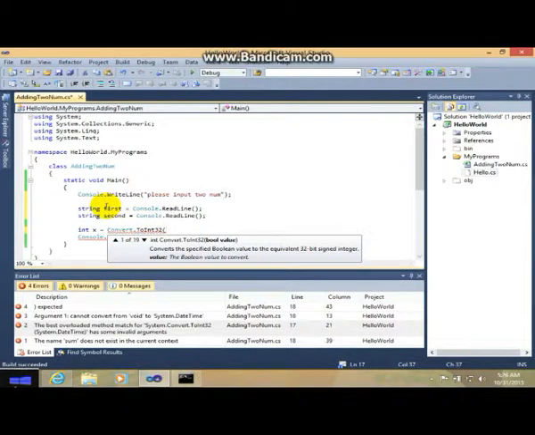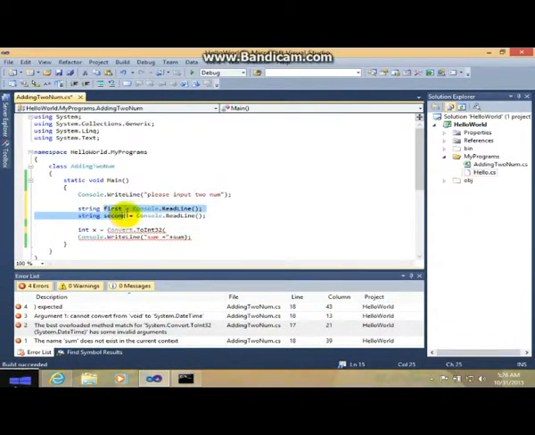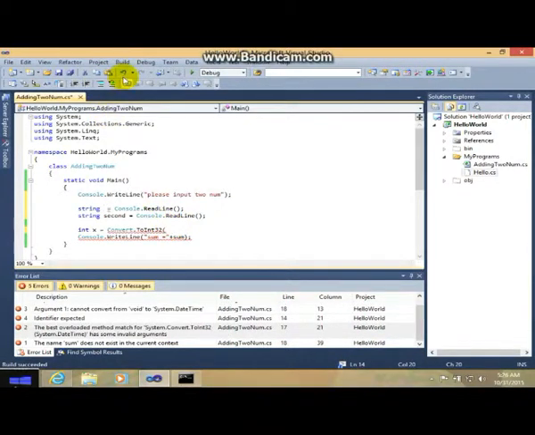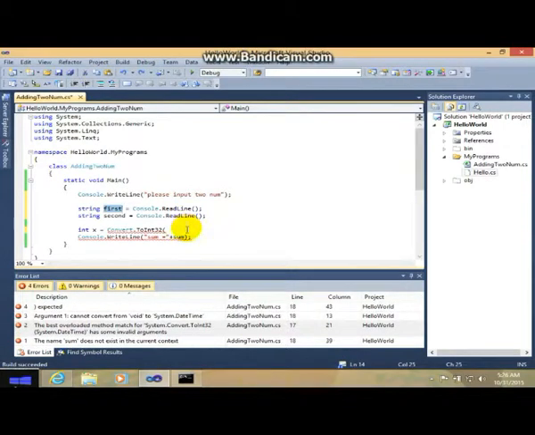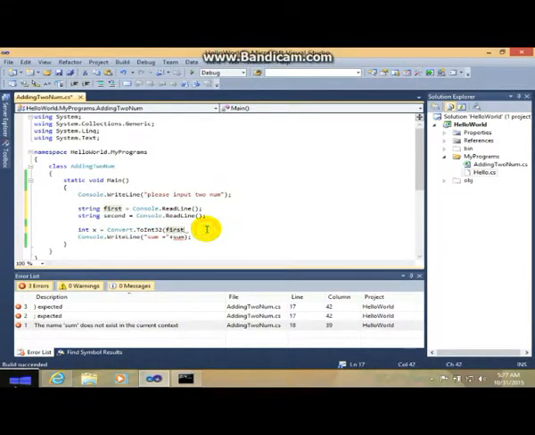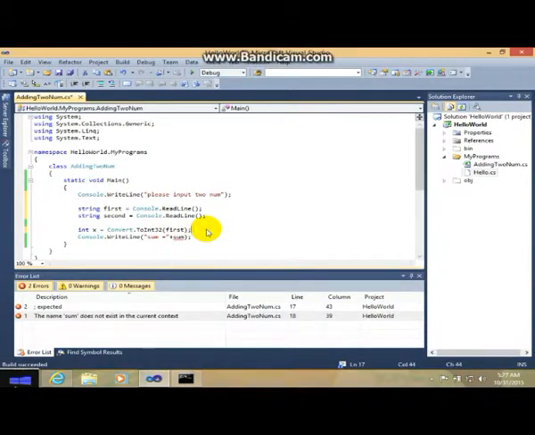So we want to convert these two, so we should convert the first. Just write first in here, and close parenthesis and semicolon.